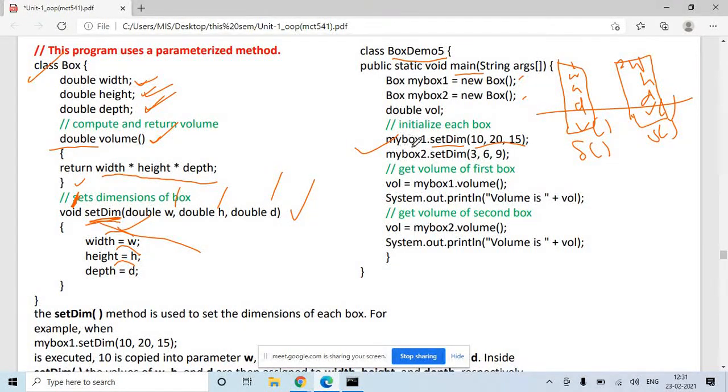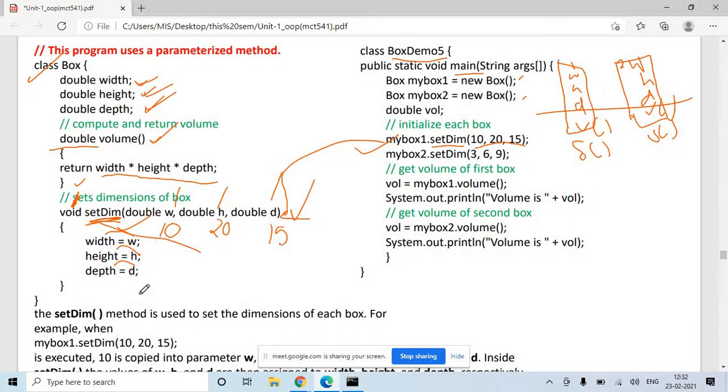So when you call this function set dimension 10, 20, 15, this function will get called. So 10 will get stored in W, 20 will get stored in H and 15 will get stored in D. Now you want to assign the value of this width, height and depth.